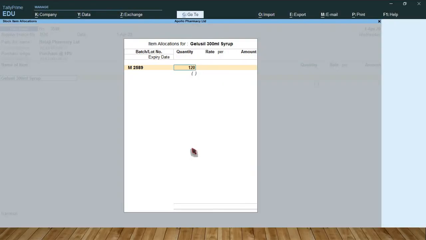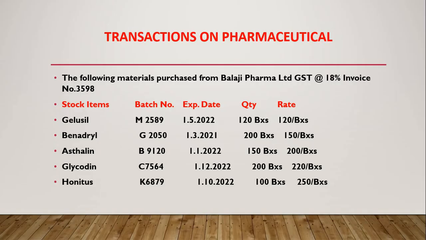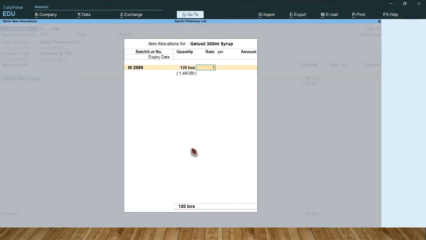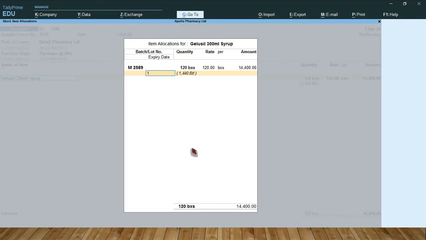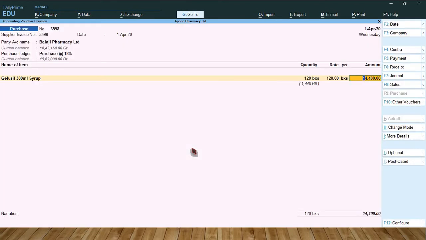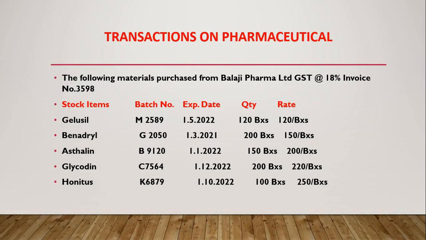Quantity 120 box, 120 per box rate. Expiry date 1/5/2022. So next one, Benadryl.